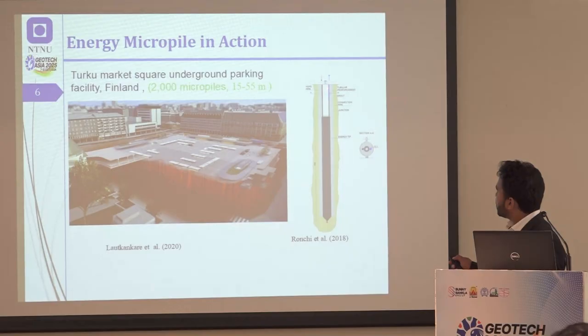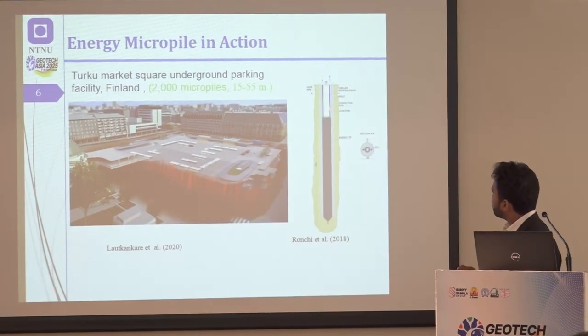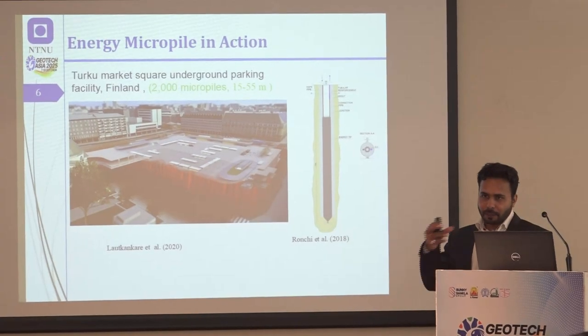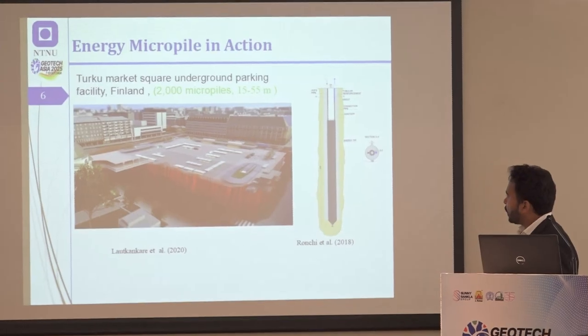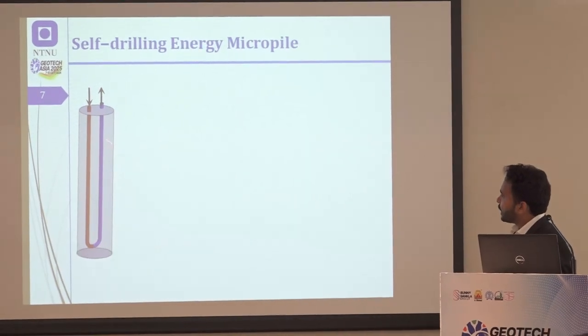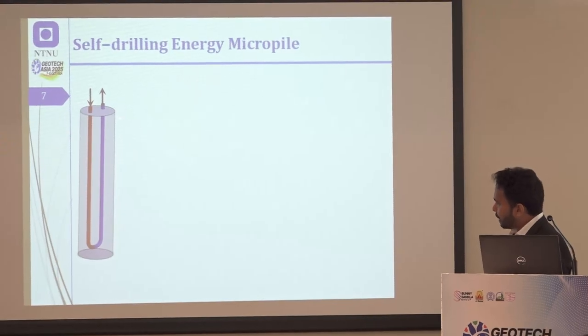But the only thing to consider is that they had to install these piles with a slightly bigger diameter because they used a U-tube. In most of the buildings, we have quite small pile diameters where we cannot install the U-loop. So here we are proposing a solution. Generally, if the pile diameter is big, you have a U-loop